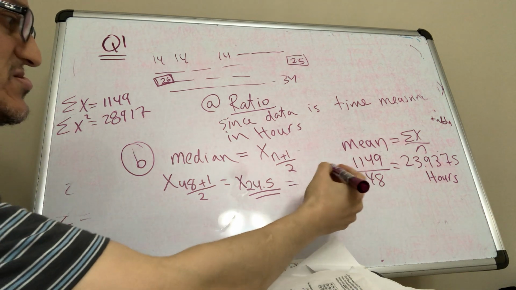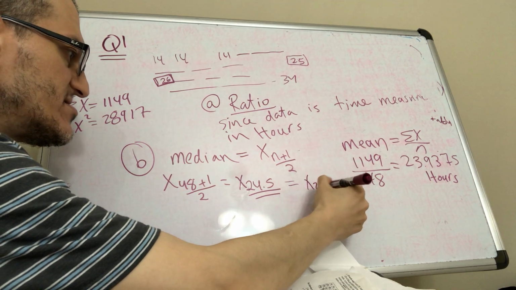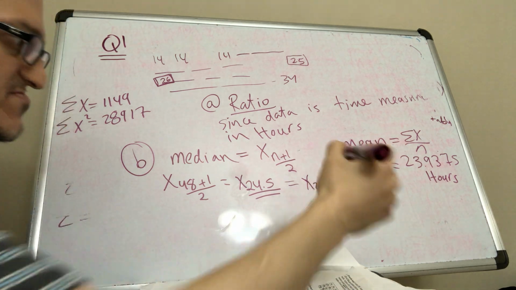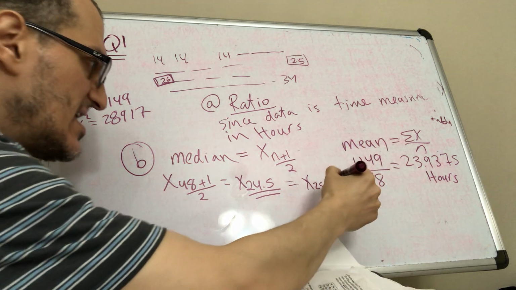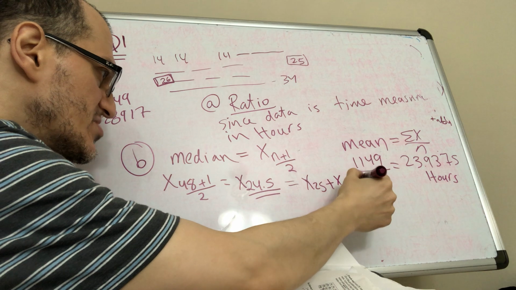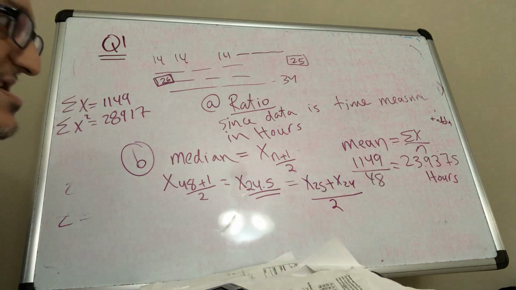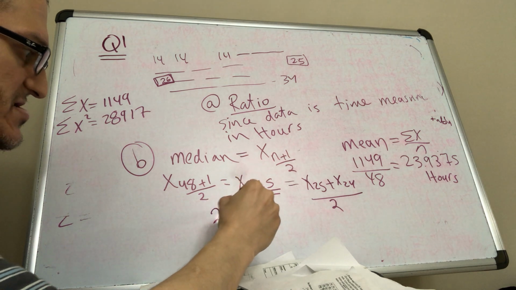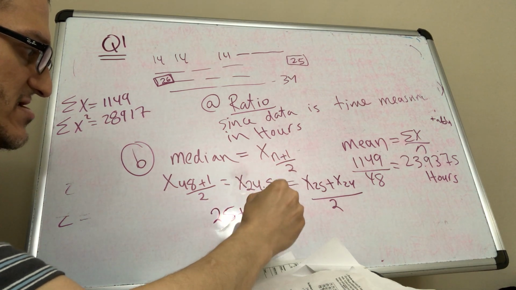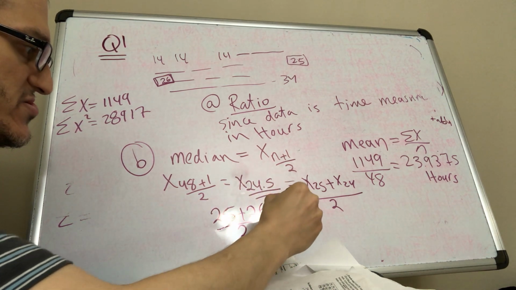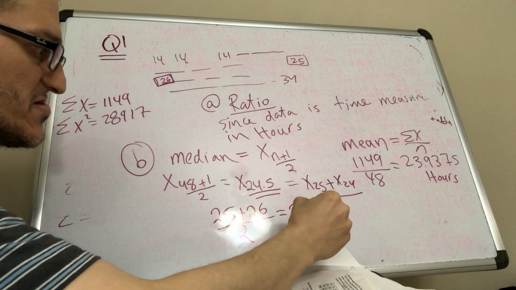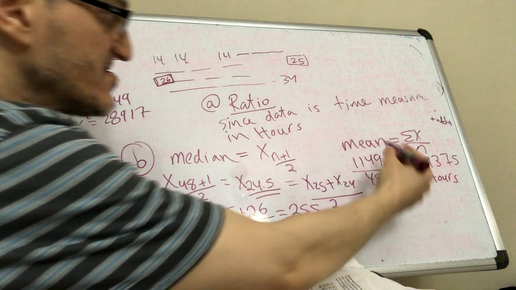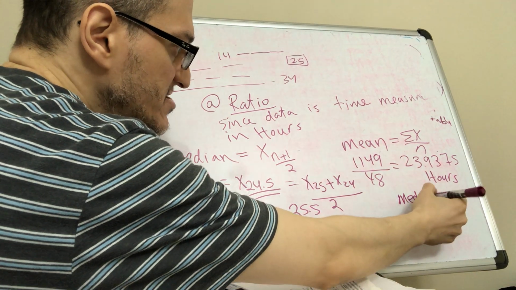So what I need to do is I take the number in the 25th position, add it to the number in the 24th position, and divide it by 2. So I need the 25 plus 26 over 2, that's 25.5 hours. So now I know the median is